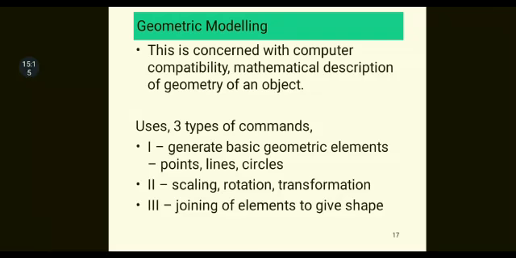Right. So normally, geometric modeling is concerned with the computer compatible mathematical description of the geometry of an object. Say for an object, first we will tell the geometry, whether it is mathematically provable. Mathematically we should tell that this is rectangular, triangular, square, something like that. Then if you do it mathematically, it is very easy to develop a model, right? So we need to see the compatibility of that mathematical description of the geometry.